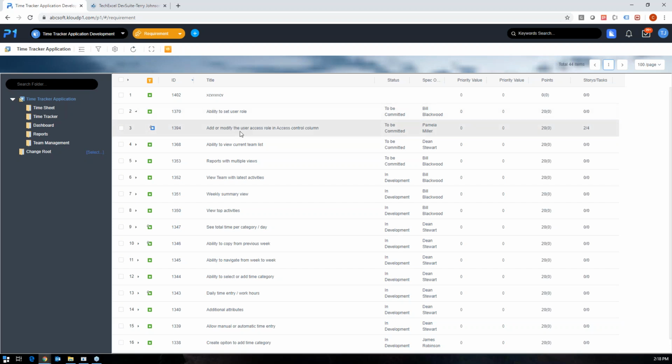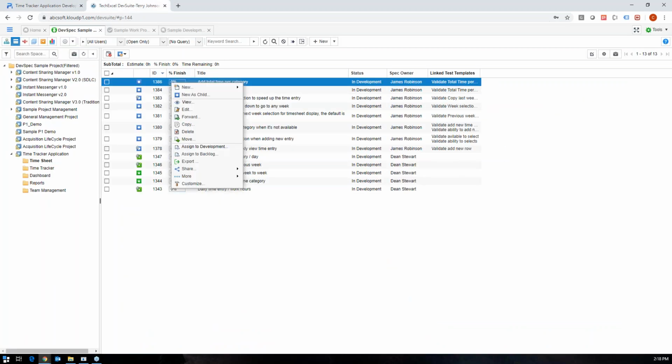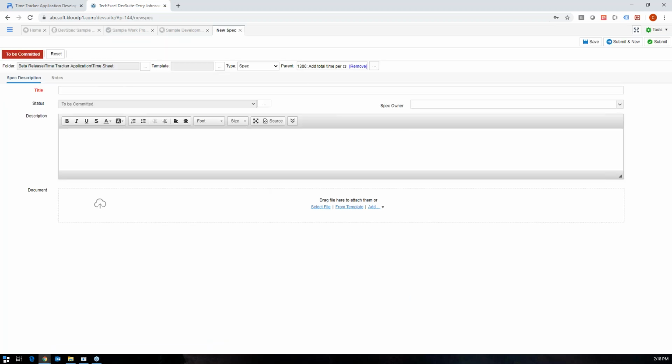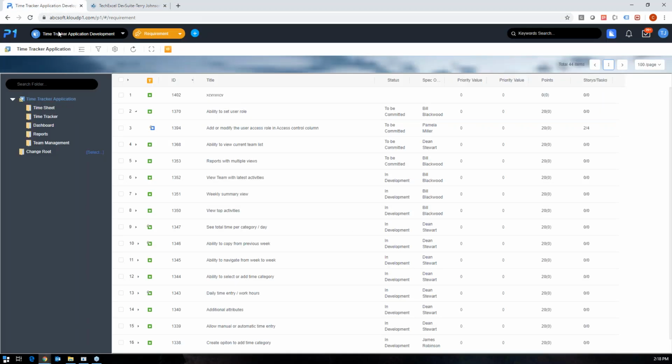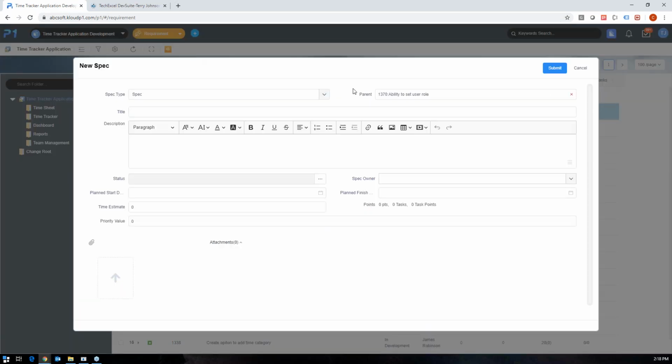So we can create as many specs as we need to, very similar to how DevSuite is. So in DevSuite, you would just do new as child, and then you fill out this form, and it's already linked to a parent. Same thing here. I would just click on this guy right here. I hit new, and then you can kind of see I can choose whether this should be a spec or another requirement. And you can have custom types too. But these guys drive the look and feel of this form. But I'm going to go ahead and do something like this. Add a button here